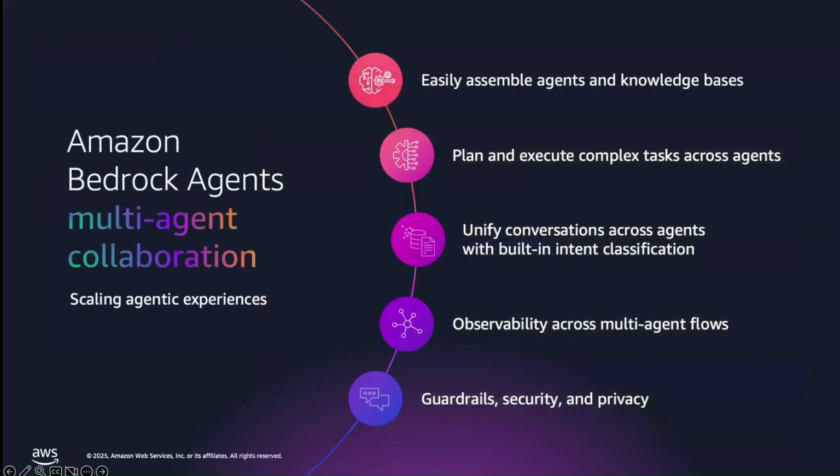Moving along, we also have multi-agent collaboration. Think of it as a main agent, which acts like a team leader, handing out tasks to other specialized agents. Each specialized agent will specialize in a given task, right? Let's say one agent is tasked with summarizing. One agent is just tasked to answer questions based on the knowledge set that is integrated with that agent. So all the specialized agents will do a certain task and report all the way to the main agent, the team leader of the agents, and then take final action accordingly.